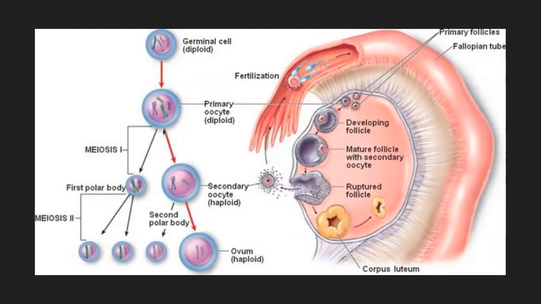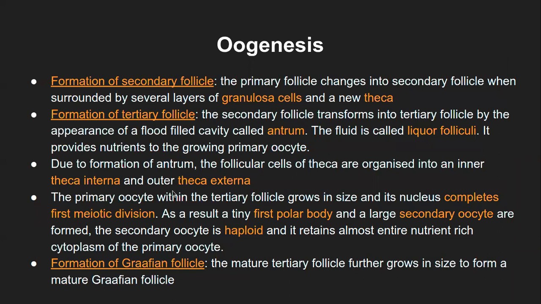Okay, so that is the first meiotic division. First meiotic division does not mean one complete meiotic division. It is the first part of the meiosis process, and the second meiosis will happen later, which we will see further. What we have seen is the first meiotic division developing into the first polar body and the secondary oocyte, which is haploid and is the premature gamete. It is yet to form the final gamete, the ovum, but this is quite an early stage of the gamete.